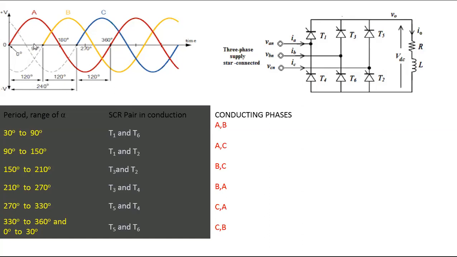Now my question, please answer. Is the waveform B visible between 30 to 90? Come on, tell me anyone. No, sir, B is not visible. B is starting from 120. Therefore, only two waveforms are present between 30 degrees to 90 degrees. Which one is greater? Tell me now, all of you. Unmute and tell me.